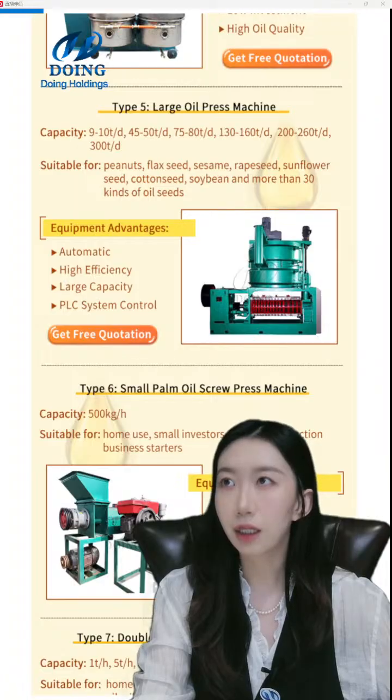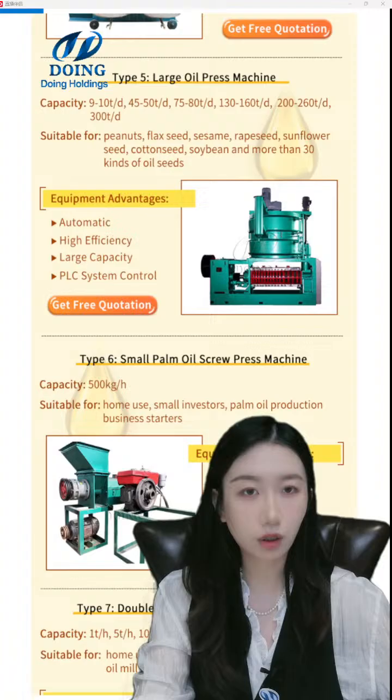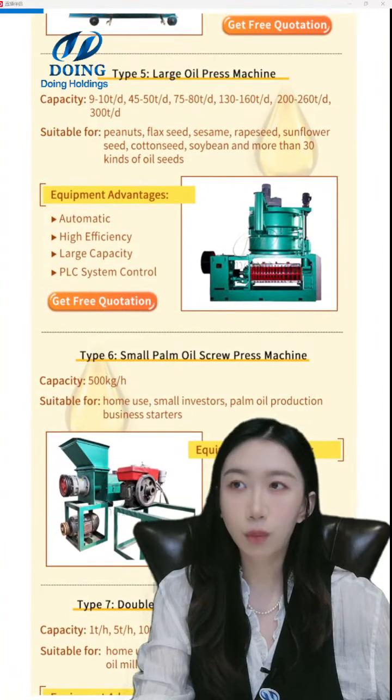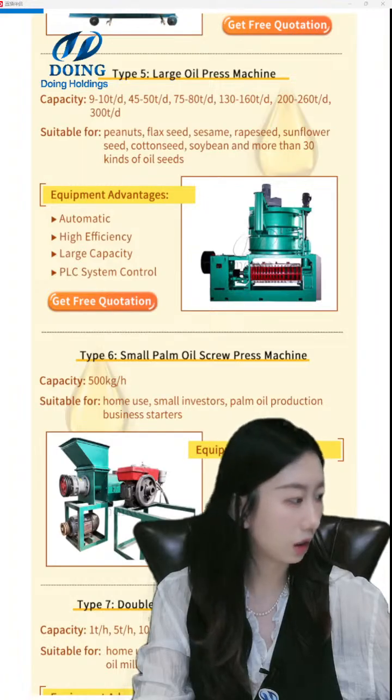And next is the large oil press machine. There we add a cooker before pressing to adjust the